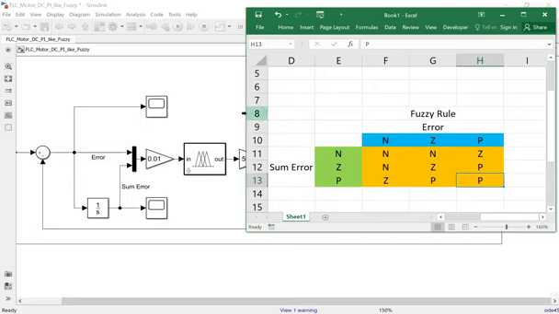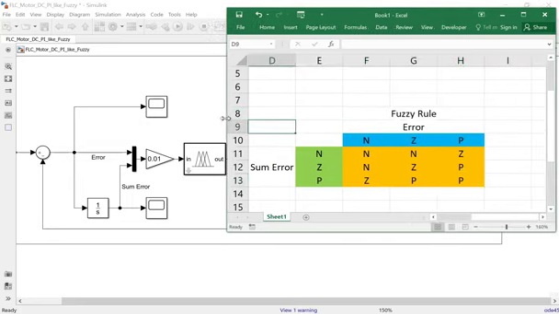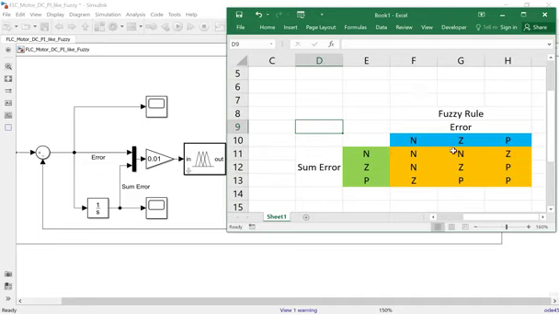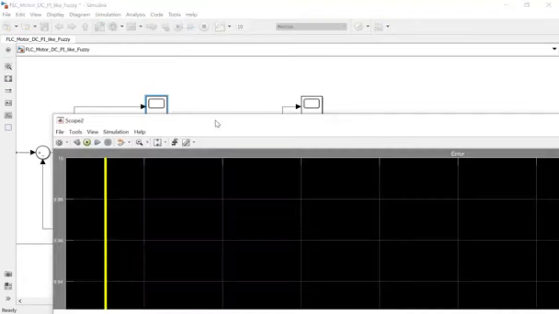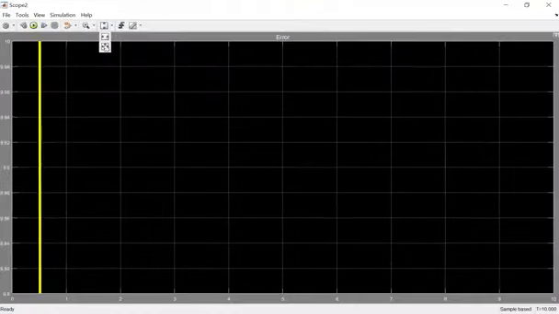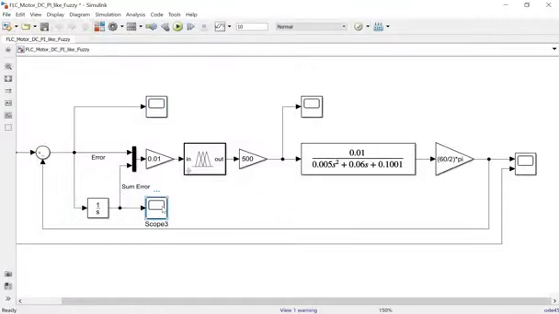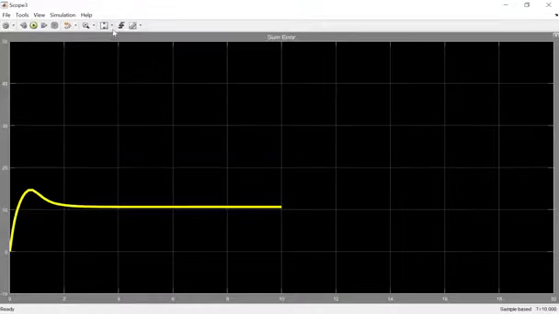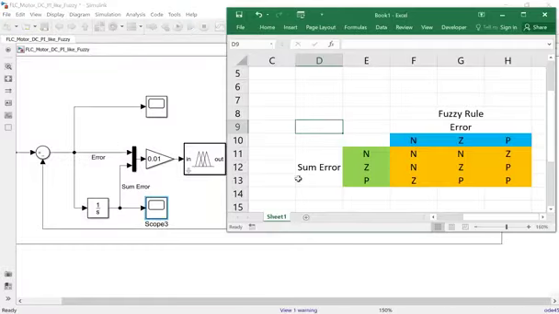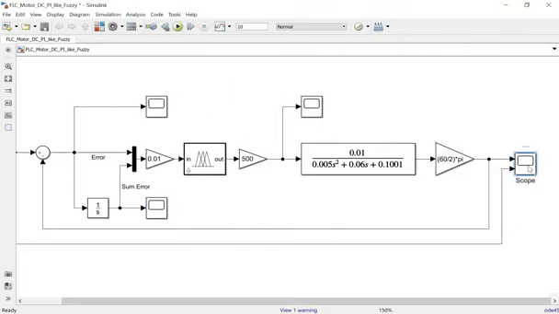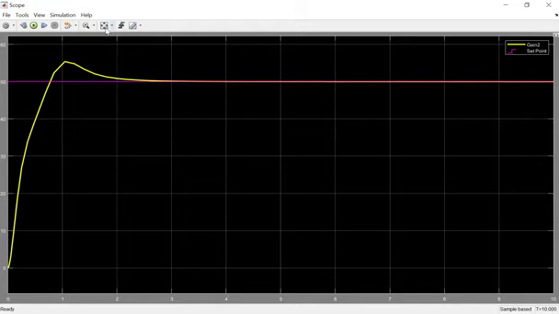So I need time to find the best rule here, and also a lot of trial and error. We need to plot the error and the sum error to see the data, and after we get some data we can design this rule. Okay, I think the result is very good compared to before.